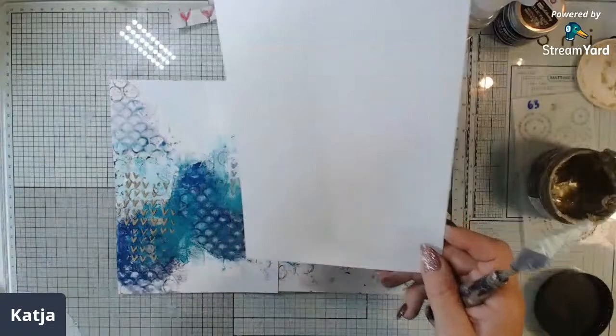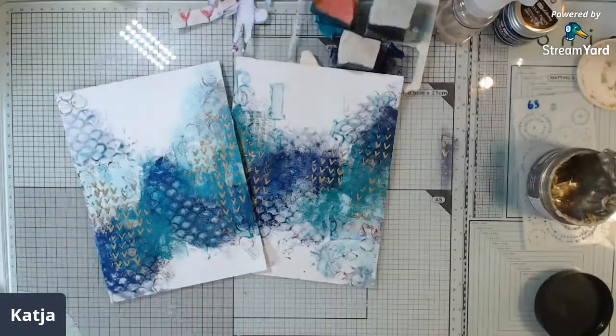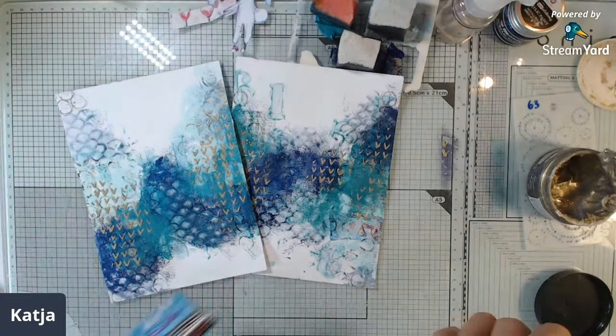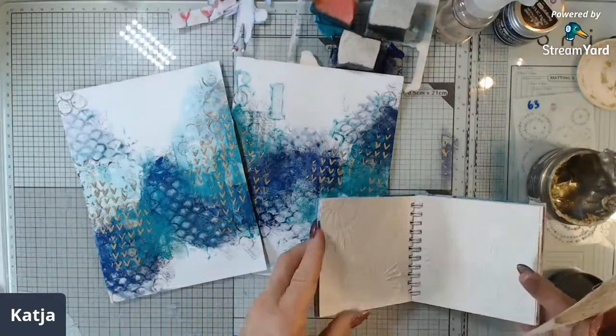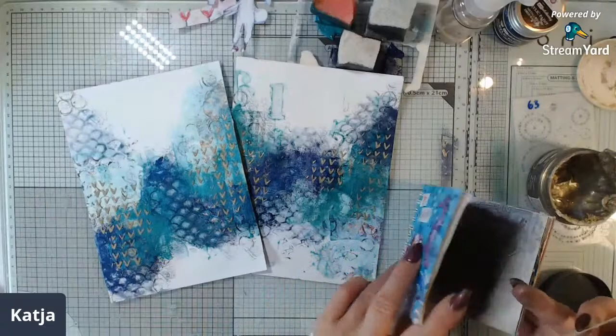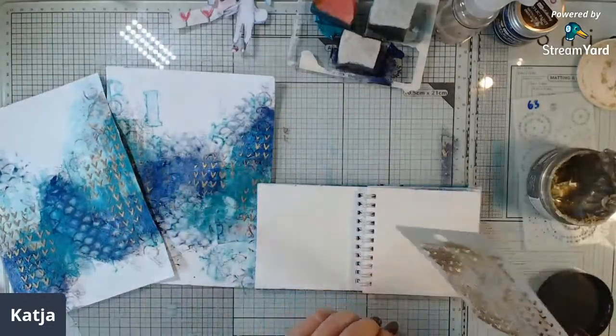So why not take a new sheet? Or why not? I have like the small one, small art journaling. I have a lot of background because I cleaned my stencil. So why not we do one more here? So I'm